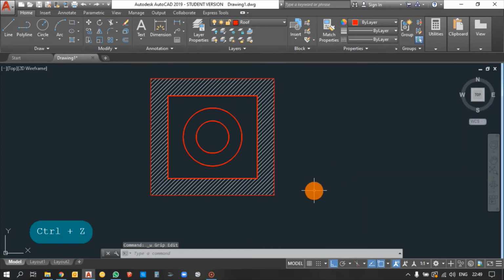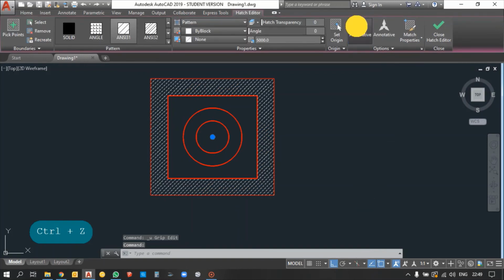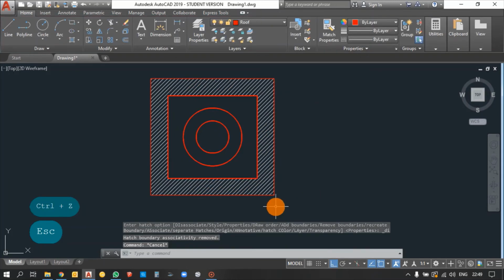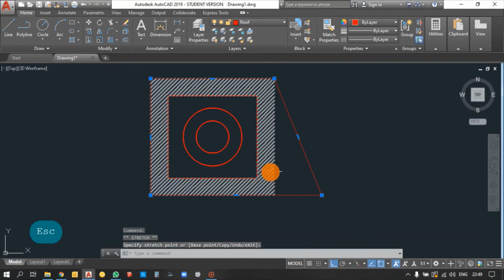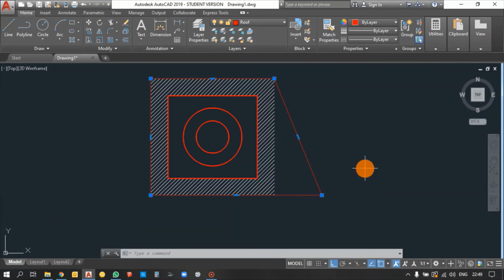So when it is associative, it automatically does. When I switch off this associative, what will my object do? Let's see, it does not extend. It remains the same as the previous boundary. It will not be adjusting to its new boundary. So that is the use of associative.